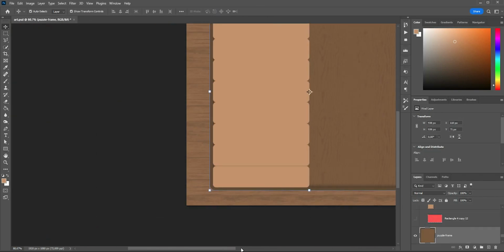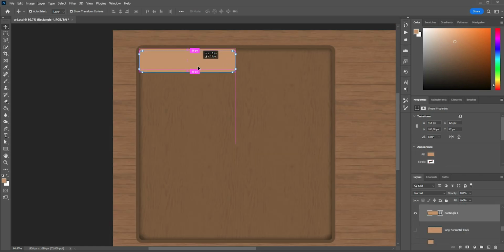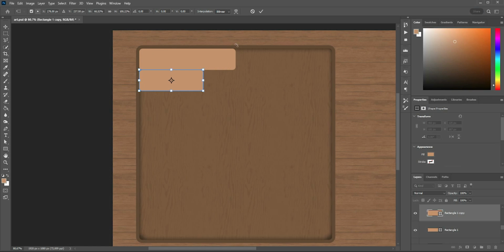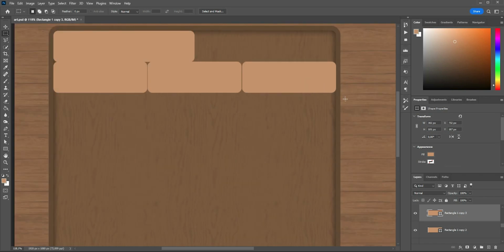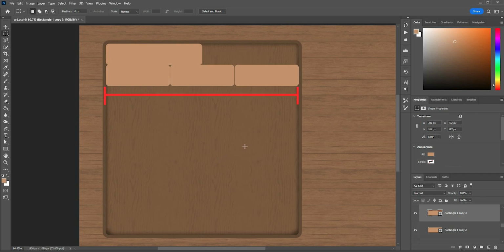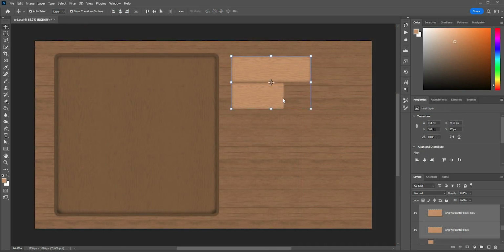But if and when you are going to do this yourself, you just want to make sure that the duplicated blocks that you're stacking on top of each other are not going to leave any gaps between them, and that is just to make sure that the resulting block is going to have a perfect height. Then for the short horizontal block, I just resized the long one to be just a little wider than half of the width, and then checked to see if I could stack several of them sideways while fitting inside of the frame. And if you find that they don't all fit perfectly in the width of the frame, of course with no gaps between them, then you just need to resize them like I showed before, but on the width instead. And for the vertical blocks, we just need to rotate each of the horizontal blocks so that they are